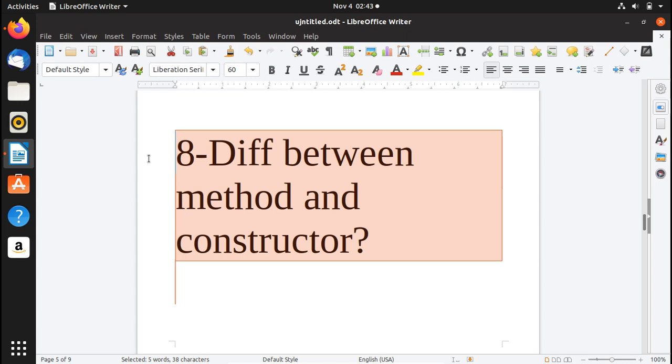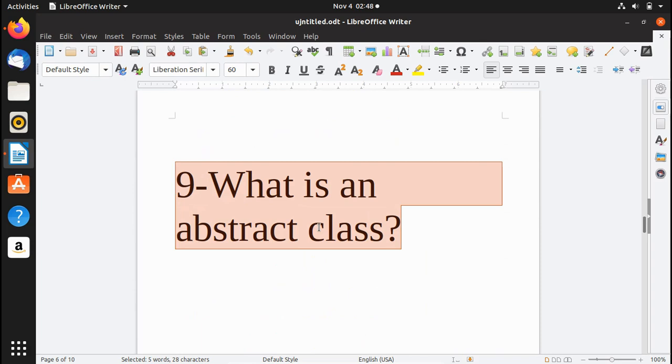Methods are also called functions. A constructor never has a return value, while functions or methods can have a return value. In some cases, methods and functions don't have any return value, but they can. If you talk about constructors, they can never have a return value.